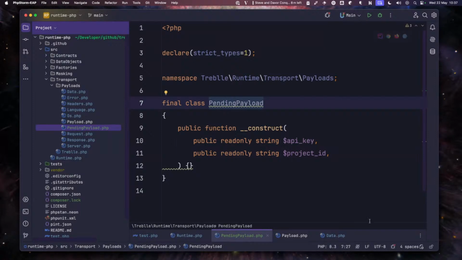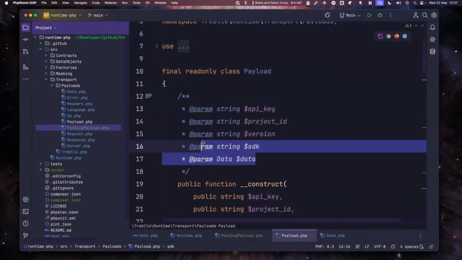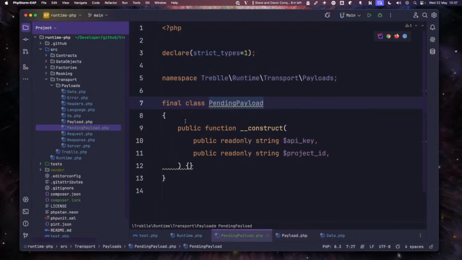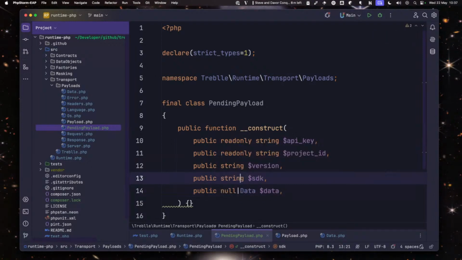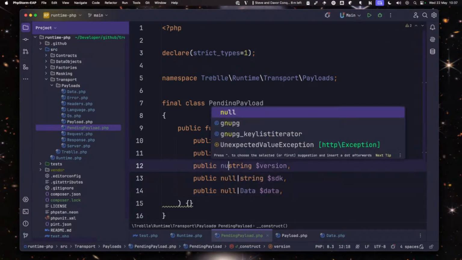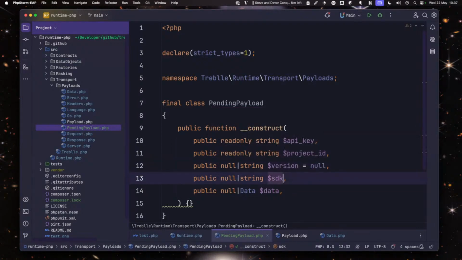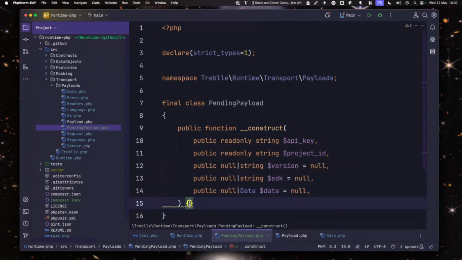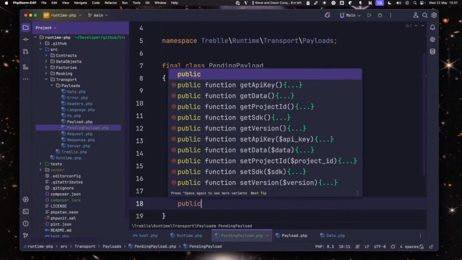And then what we're also going to want is this version, SDK and data. This is all stuff that we're going to add more after the fact. So if I pop that in there, if I make this nullable to start with, then what we want to do is make sure that we build this up. So let's just clean that. So we'll have a pending payload, which will then allow us to say public function